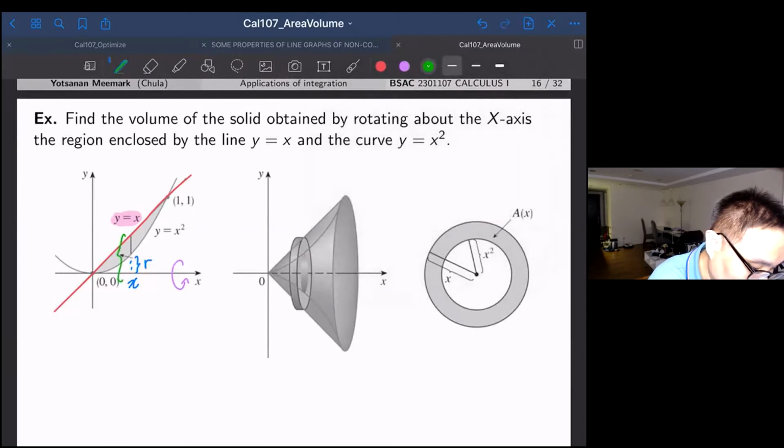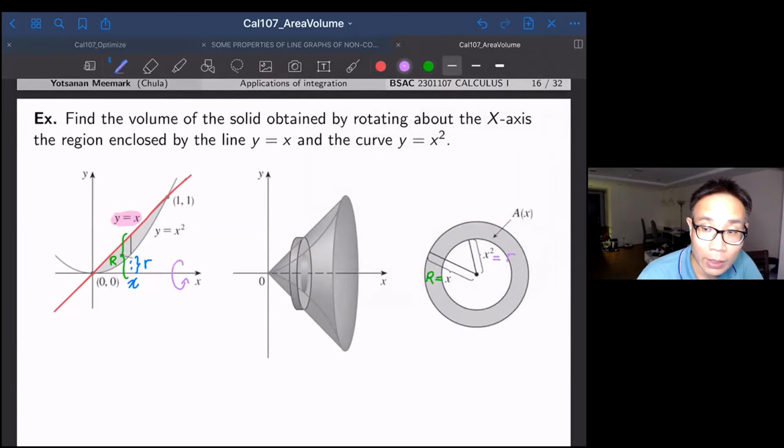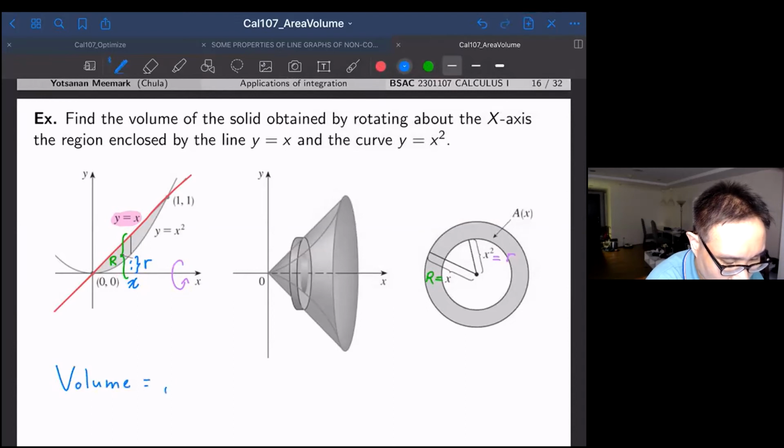capital R. So this one will be your capital R. You have the capital R equal to x, and the small r equal to x squared. So you're going to find the volume. So the volume will be the integral